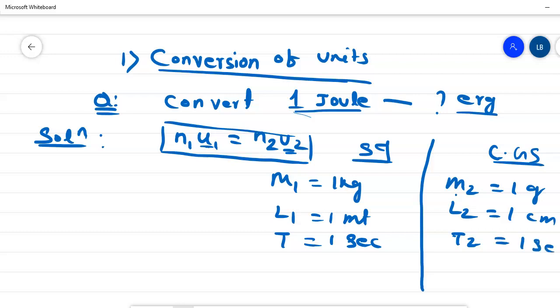So here I can see it is 1 kg and here it is 1 gram. 1 kg means 1000 gram, that means 10 to the power 3 gram. So here 10 to the power 3. Here 1 centimeter, 1 meter, so also 10 to the power 3. So let's get started on how to solve this type of problem. I am erasing everything. Basically I have to draw like this.